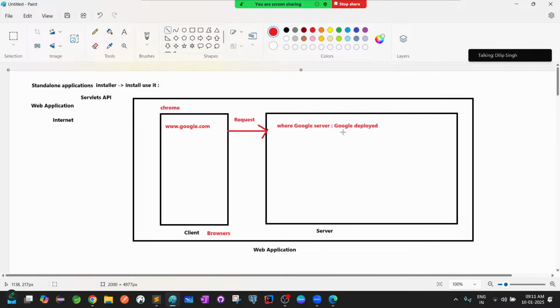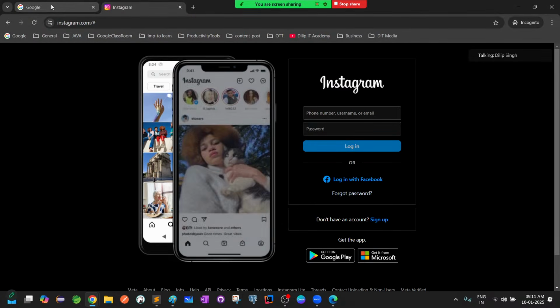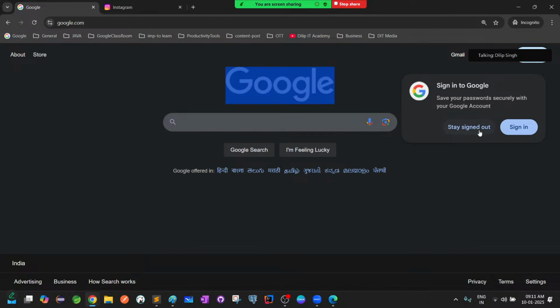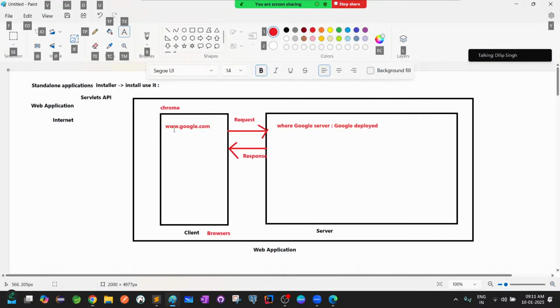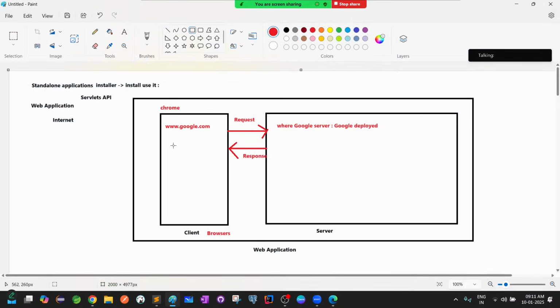Once the request has reached the Google application, from that server, the Google application will send the response back to you. That response you are seeing from the front end point of view. Whatever response they are sending, you will see that, like Google and the search box, all these details. So now my point here is